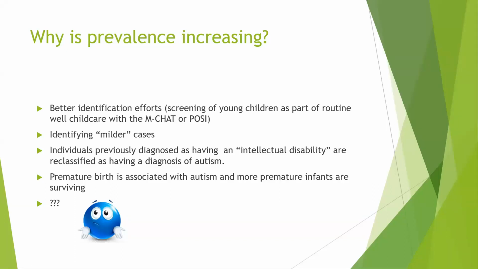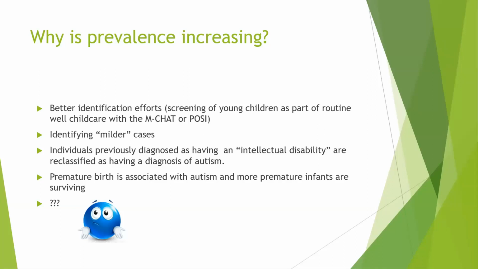And as a result of this, we are now able to identify milder cases. And also, I think studies have shown that the prevalence might not really have actually increased. What happened is with the shift in the criteria made for autism, people who used to be classified as having intellectual disability are now meeting criteria for autism. So there has been a shift now in terms of the numbers, and that might have accounted for some of the increase in prevalence. They are being reclassified now as having autism.